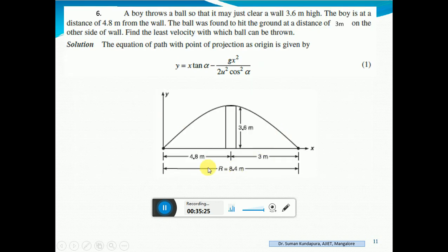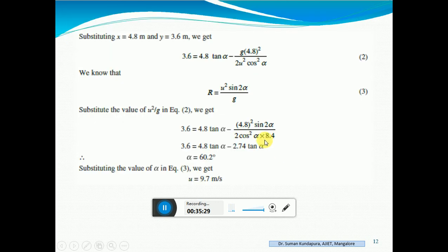R we found out from the given figure that it is 8.4. So 8.4 sine 2 alpha divided by 8.4, that is from this equation we got. Substituting the value of r and dividing it by sine alpha and inversing that, substituting in this equation, you will get this term. And hence the equation reduces to only one unknown, that is alpha at 3 points.